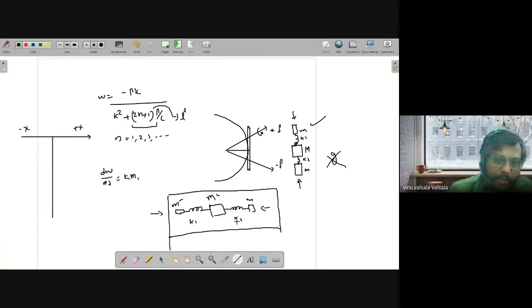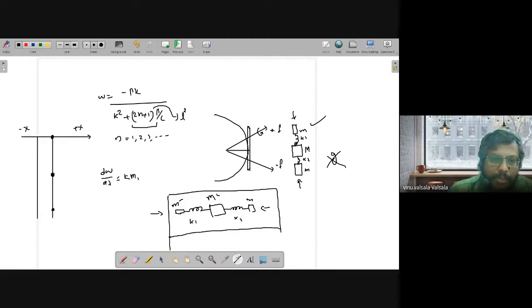Here, all the masses can move in the same direction. Agreed. So that solution will look like this: let this be the displacement produced by mass 1, let this represent mass 2, and this represent mass 3. Then all the masses can move in one direction, either positive or negative. So the graph will look exactly like this, right? Because all the masses moved in the same direction.